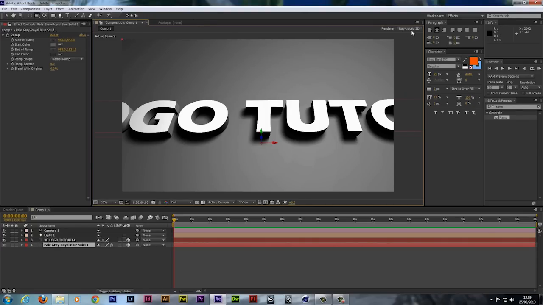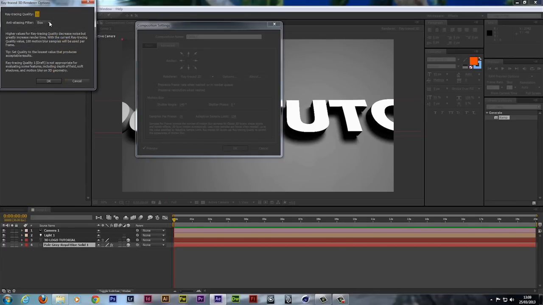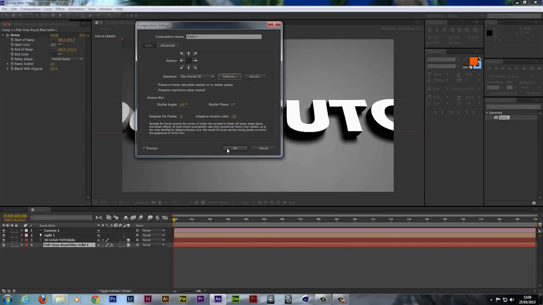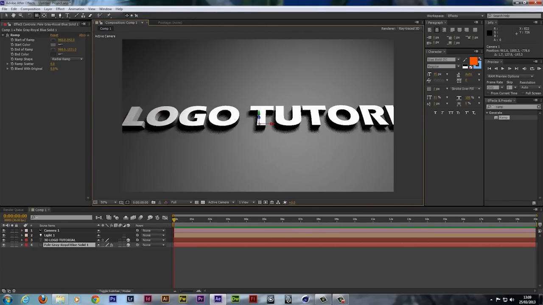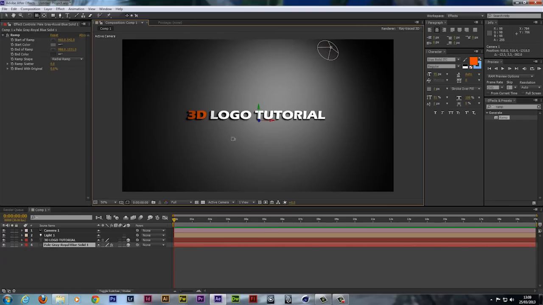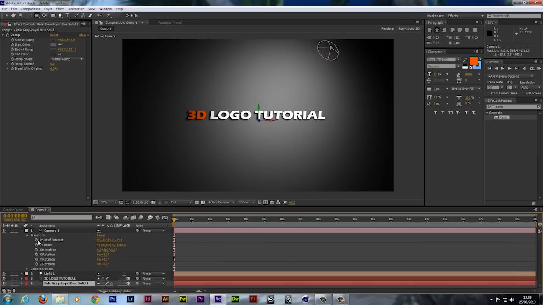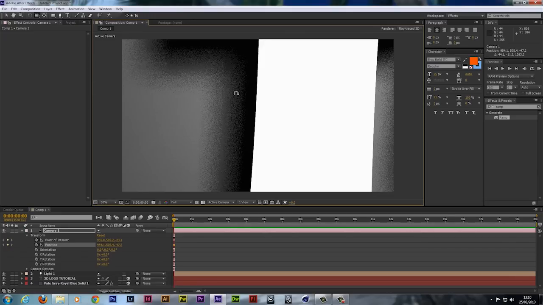So let's animate this. Let's go back to our ray trace settings, and I'm going to turn that way down. Like so. Let's zoom back out, straighten our camera. So what I want to do is start doing some animations. So if we keyframe a point of interest and position on our camera,